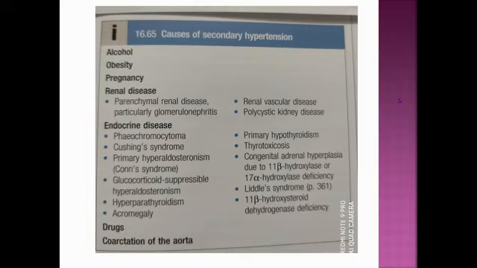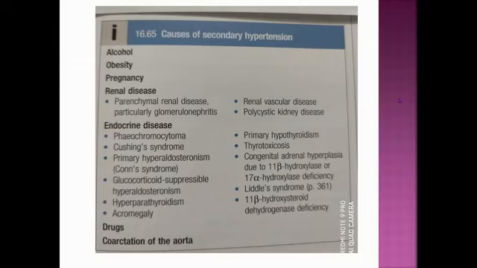Renal vascular disease, most commonly renal artery stenosis. Polycystic kidney disease. Endocrine causes: pheochromocytoma, with sudden flushing, tachycardia, and high rise of BP, and after a few minutes the blood pressure again settles. Pheochromocytoma, Cushing syndrome, primary hyperaldosteronism, that is Conn's syndrome,